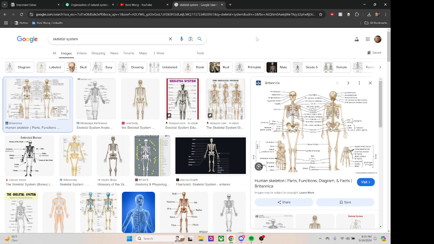And then you gotta learn about your ball and socket joints. That's like your shoulder. And then your hinge joints would be like your knee or your elbow. And then next we got